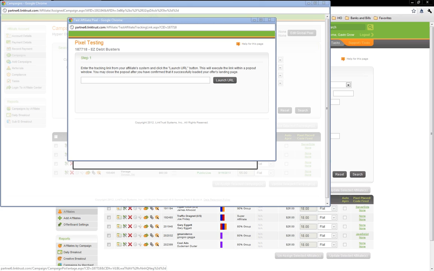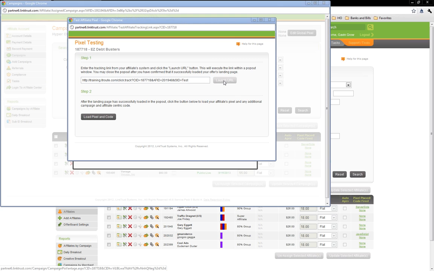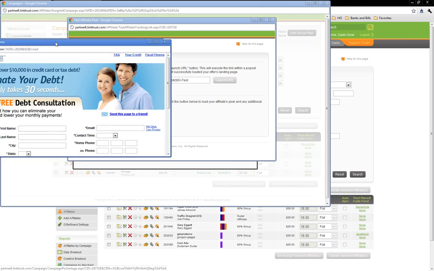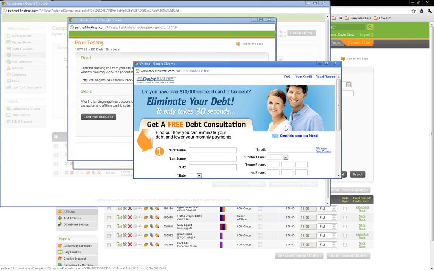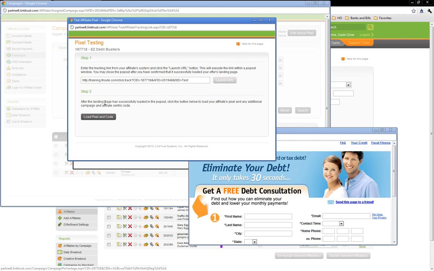So the affiliate has now sent you a test URL. I throw that right into the system, and I hit launch the URL. It opens up the landing page in a pop-out, so you can see that it's actually landing on the correct landing page. And then the second step is to now load the Linktrust confirmation pixel and any code that is